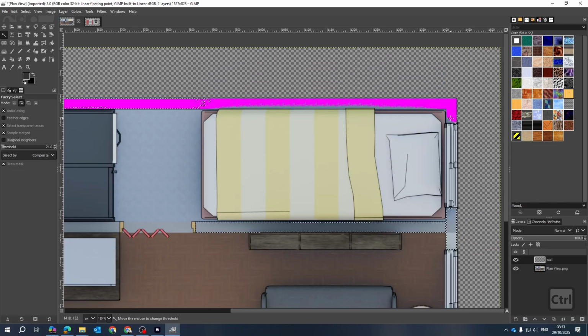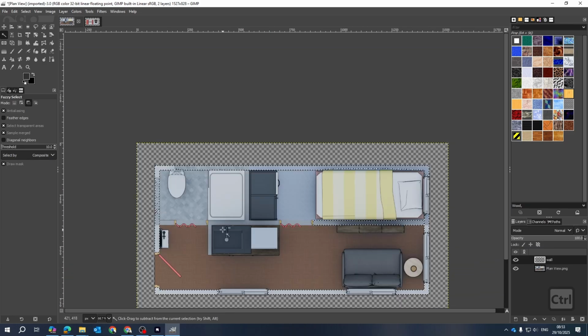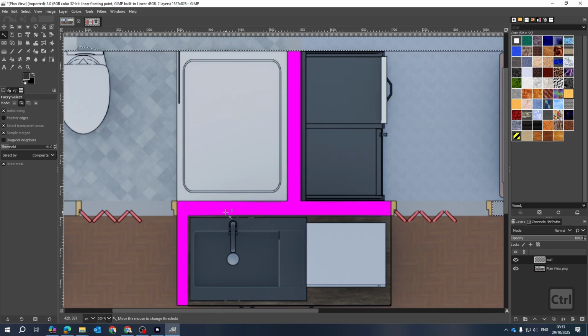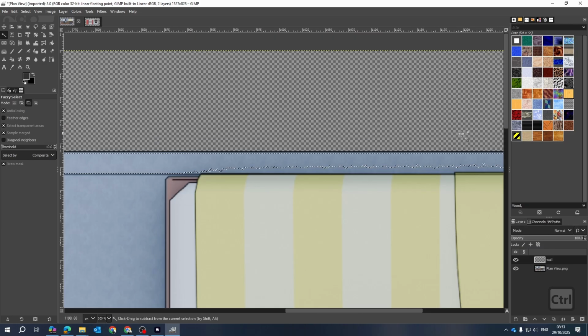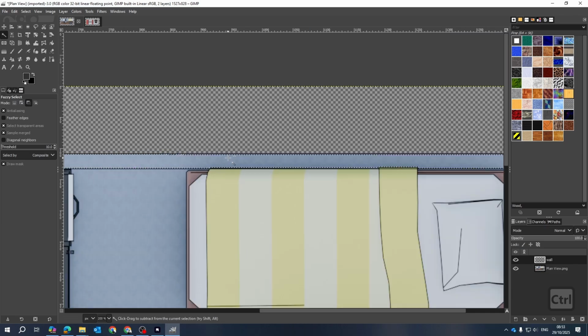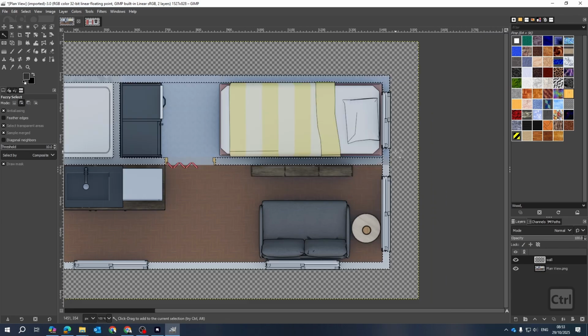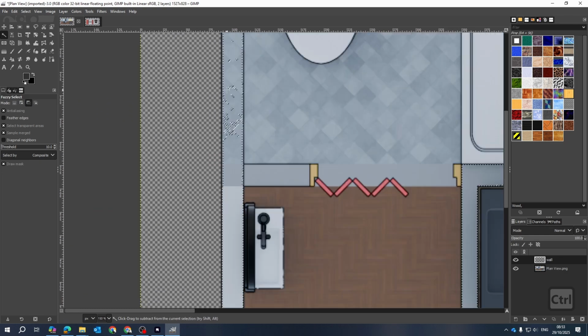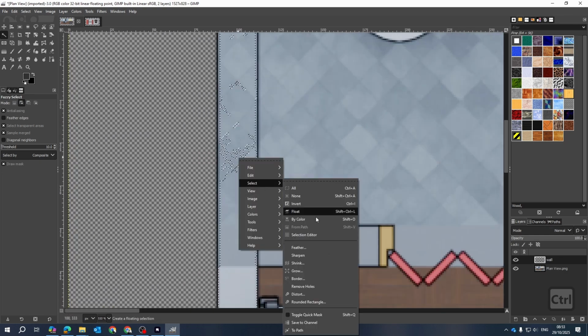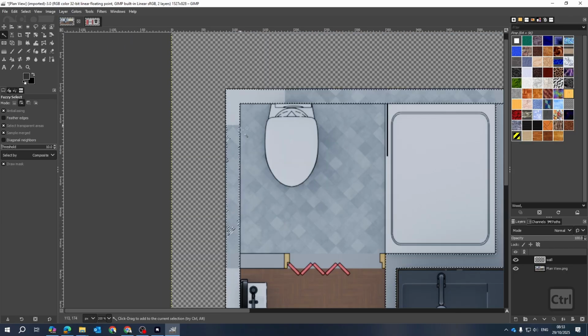And here a bit. I'm not too worried about those other areas because we can fix that. So let's try that. Oh, that worked quite well. So let's just get in here and see. Okay, yeah, that worked okay. All right, so I think that will work for now. Right click and we go and select and remove holes. Okay, so while we're busy working this off, if there are areas that are a bit fuzzy, we can use